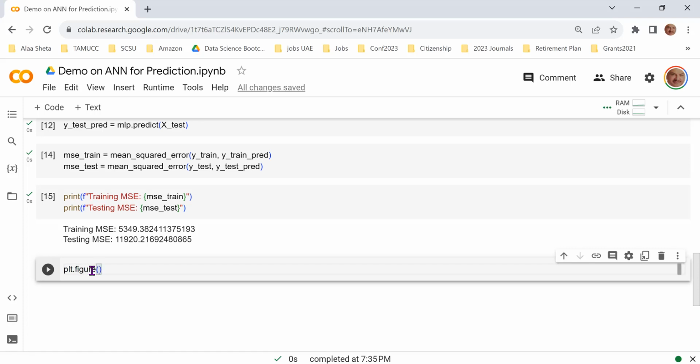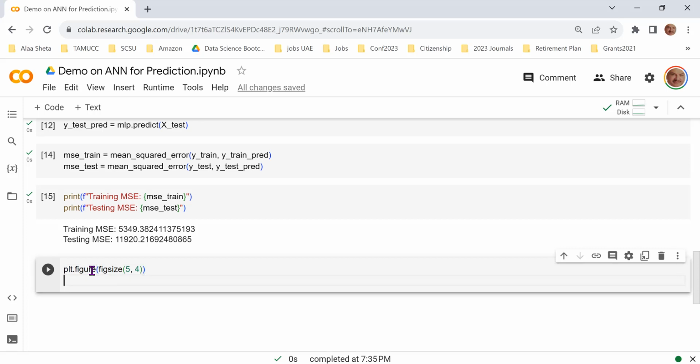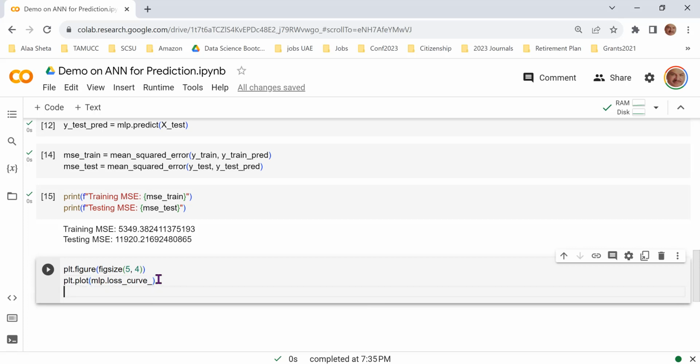Okay, and then I will define the fig size. The fig size, I will make it 5 and 4. You know, we tried different sizes before. And then I would say plot dot plot, and I would like to plot the multi-layer perceptron dot loss curve. Yes, this one. Okay, we need to draw this one, and the title would be the multi-layer perceptron convergence curve,